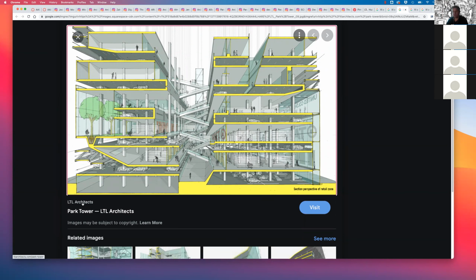Park tower, get it? Park is like park with trees, or park is in parking lot, like where to park your car. Haha. Anyway,